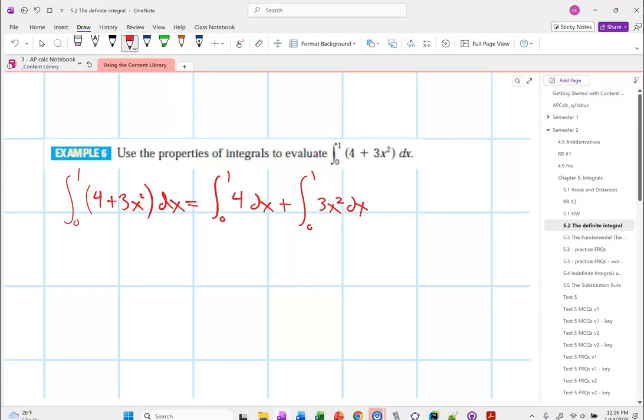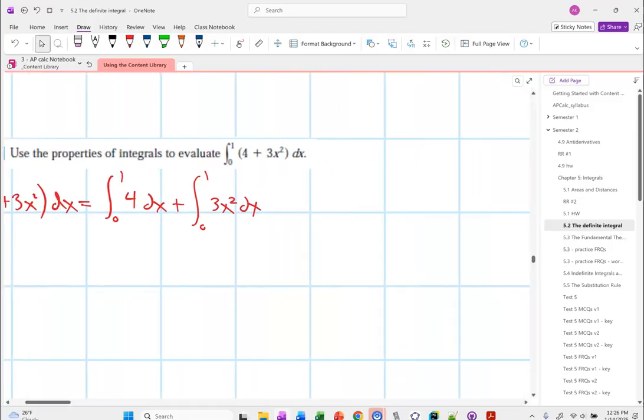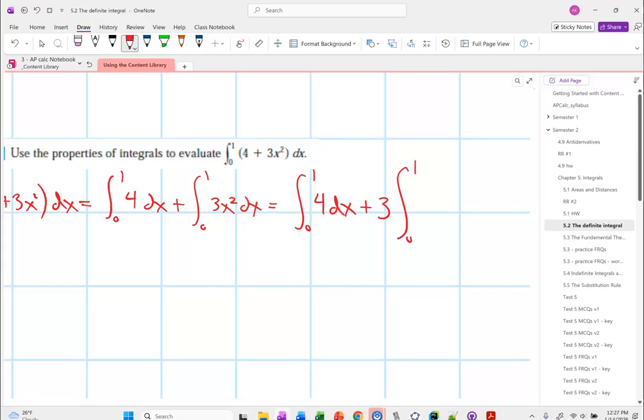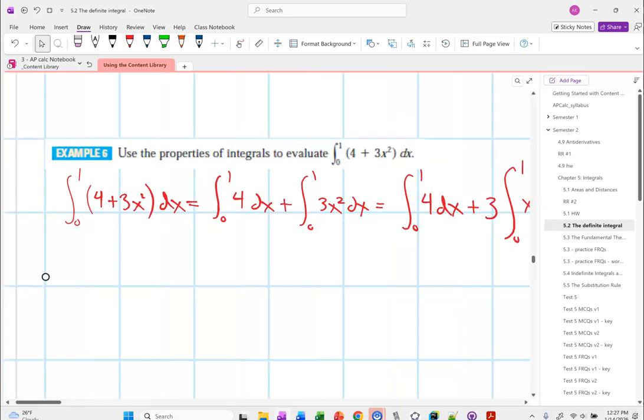Pull the 3 out front. Yep, I like that. So Anthony says that 3 is a constant. I can take that out front. So really, like, there's a times symbol there. We don't have to write it, but